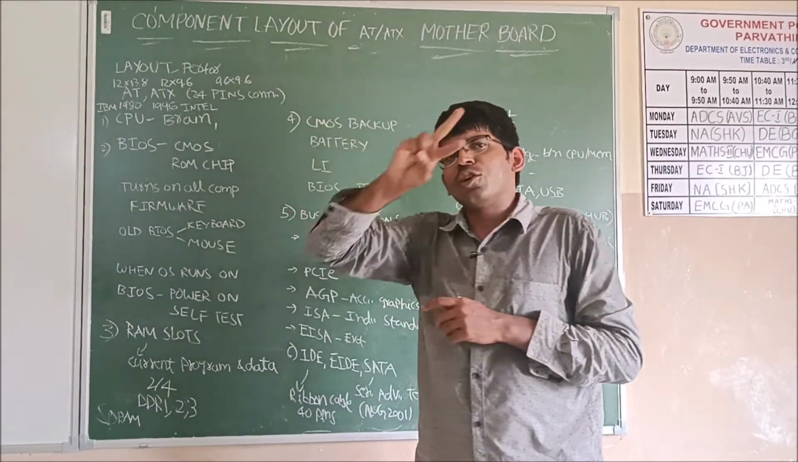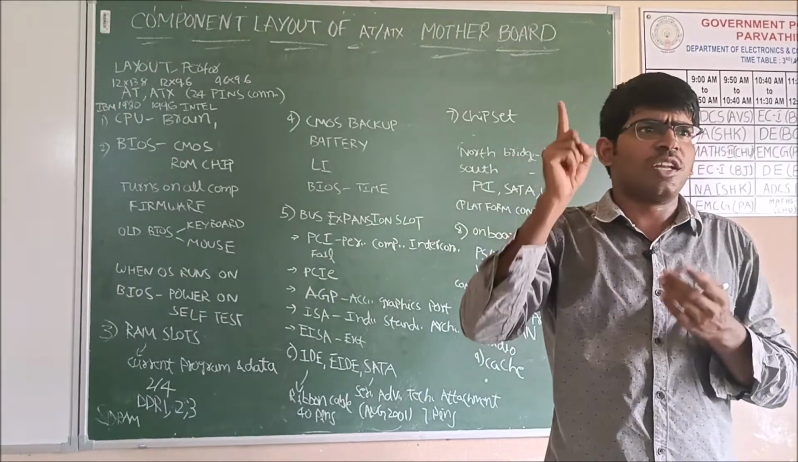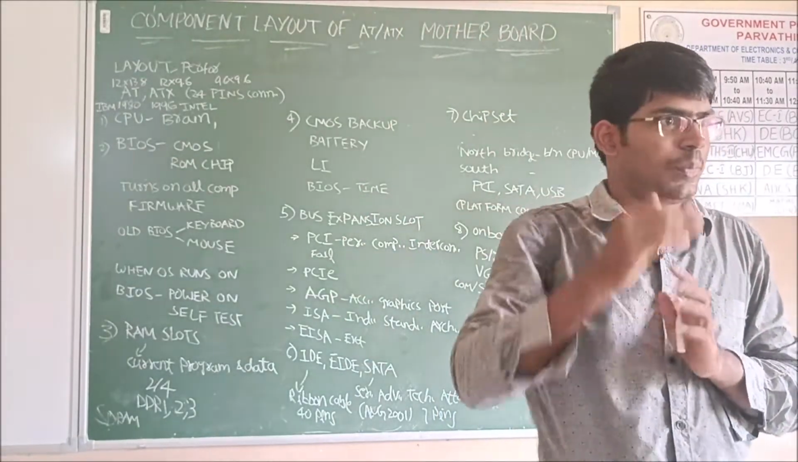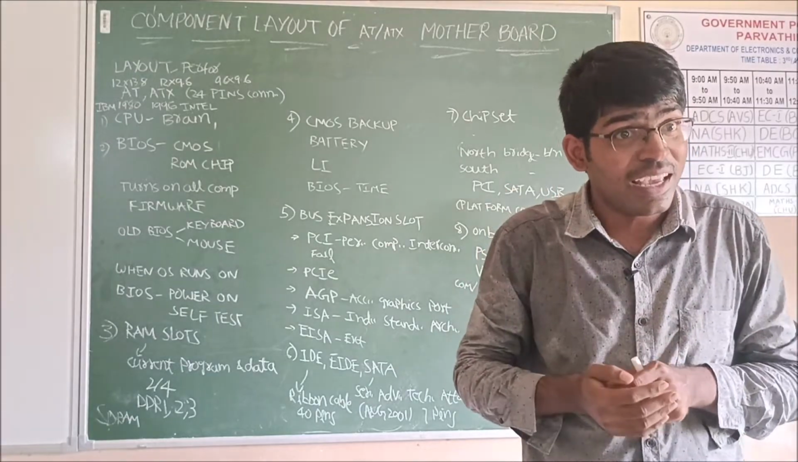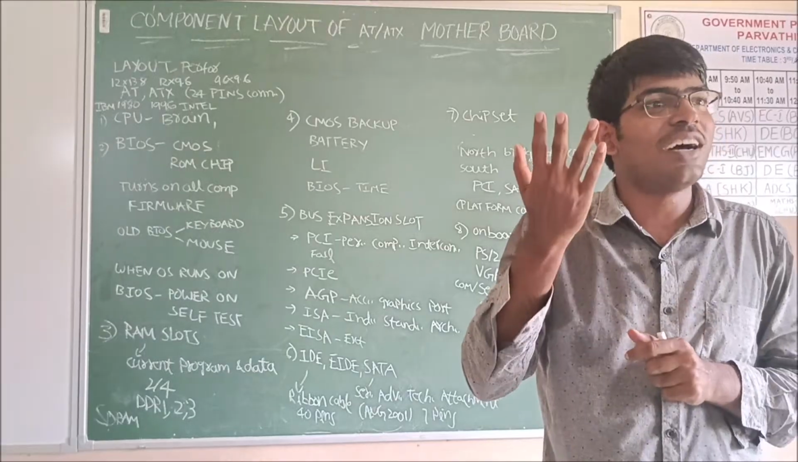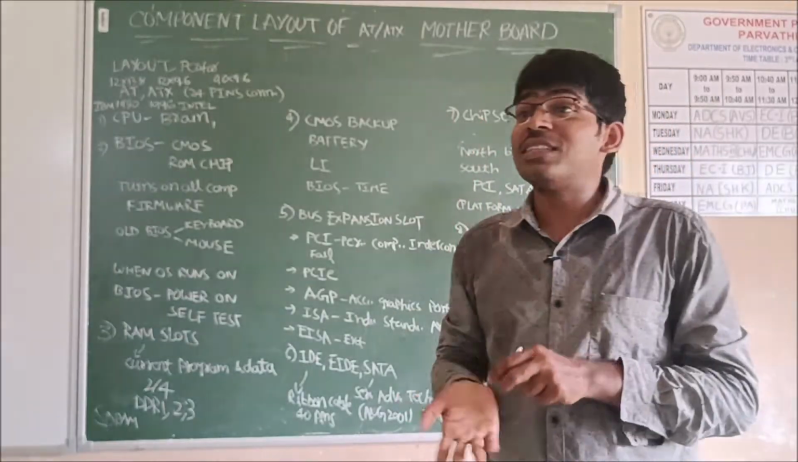So these are the two important versions. One is AT, and who designed AT? IBM. ATX was designed by Intel. Okay, AT means advanced. Very good. ATX means